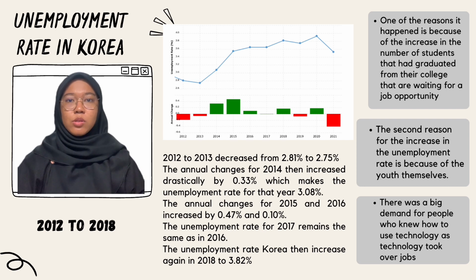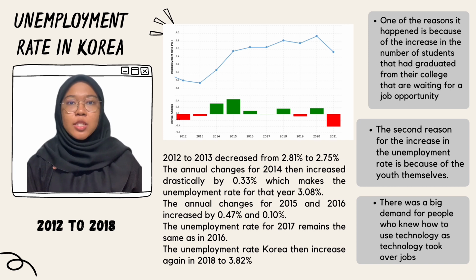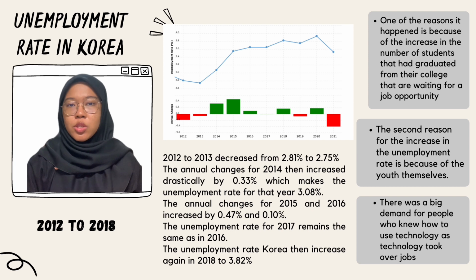Changes in labor demand also affected the unemployment rate in Korea. With the growth and changes in IT, the following things have happened in advanced economies. Furthermore, every country, even Korea, is starting to pay more attention to technology. Therefore, there was a big demand for people who knew how to use technology as technology took over jobs. There was a big gap between the wages of professionals and low-skilled workers that led to the number of routine